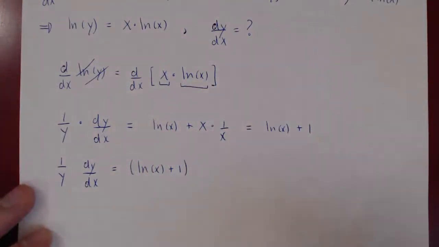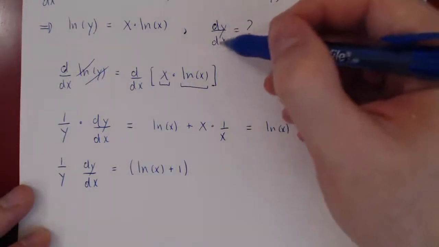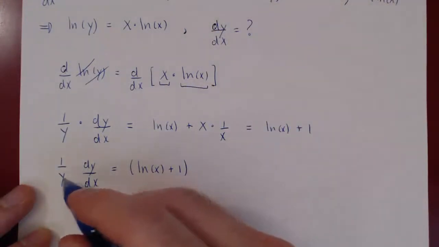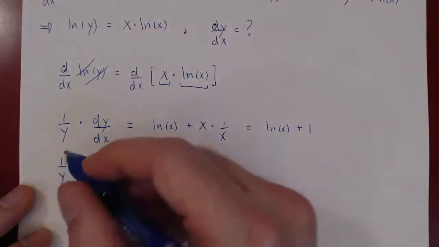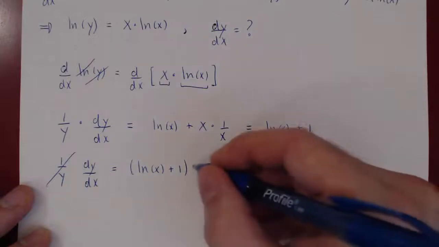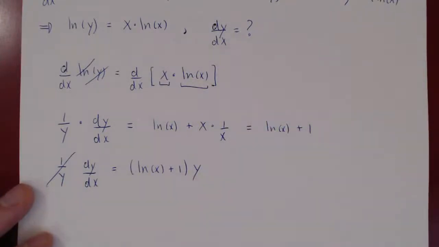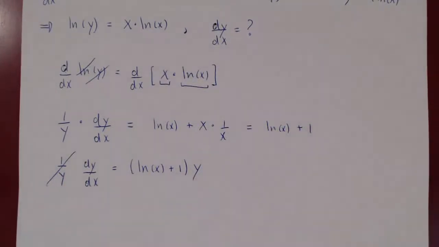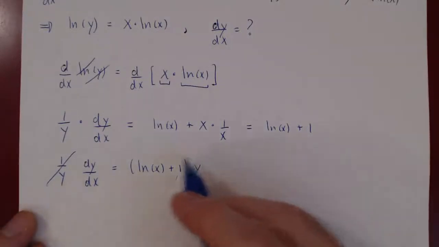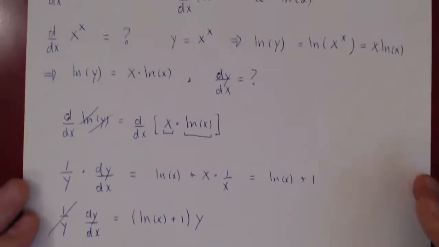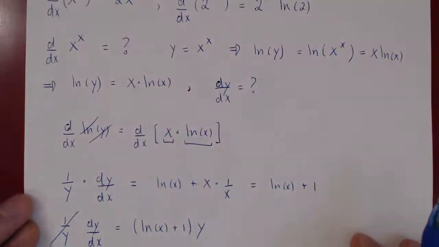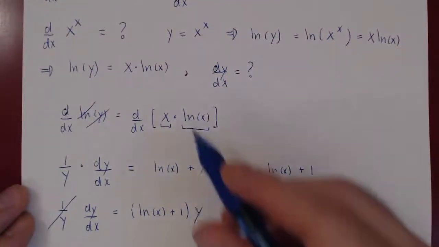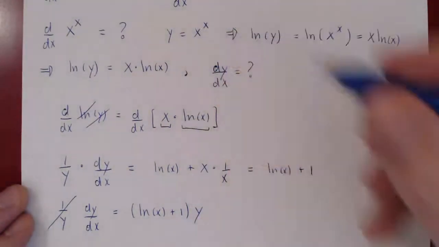And now we wanted to solve for the derivative of our function dy over dx, and this is done by multiplying across both sides by y. If you multiply the left by y, this will cancel by this. And now we have dy over dx. The question is, can we find the derivative as a function of x only? Well, if you remember, y was x to the x. So we can replace now y in here by x to the x, and so the derivative